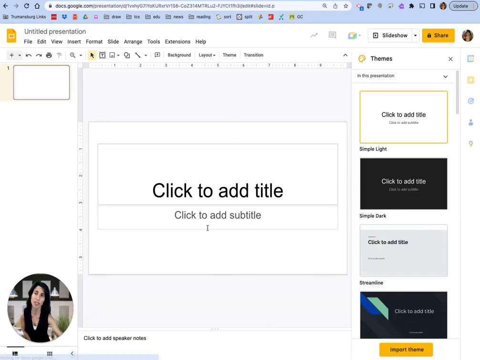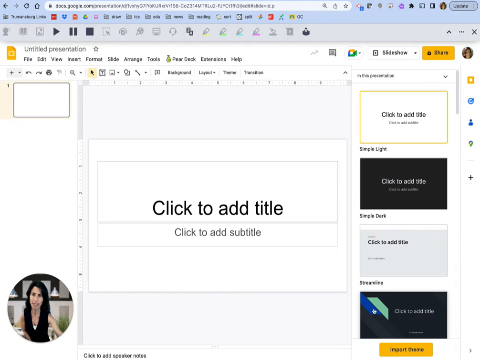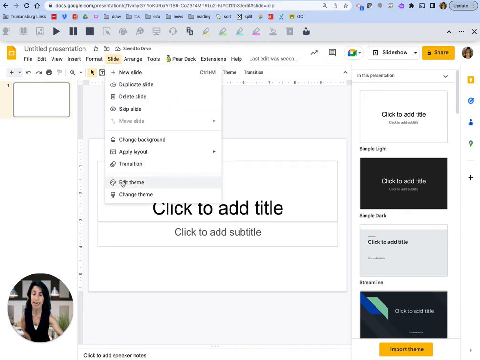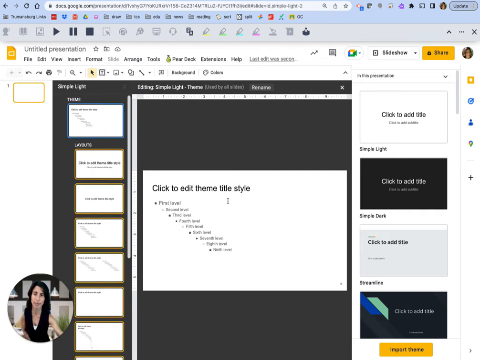Typically, you might start by just editing your slides themselves, or you might select a theme from the side. I'm going to leave it at the default, which is the simple light theme. So I will then go to Slide and choose Edit the Theme instead of just adding a new slide right now. So if I edit that theme, it's going to edit all the slides in my theme. So at the top, the very top layout where it says theme is your opportunity to change all at once